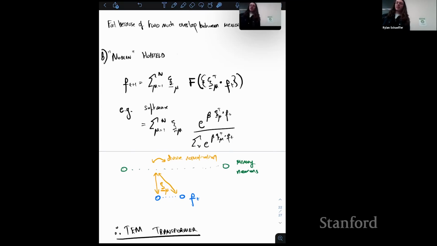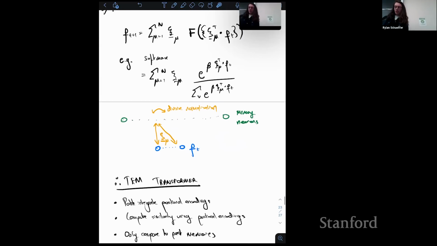Maybe context is another one. Actually, we'll briefly talk about that. If you know you're in the same context, then you can send a signal somehow in the prefrontal cortex, working out what kind of setting am I in. You can send that signal back and say, make sure you attend to these ones that are in the same context. So yeah, there we go.